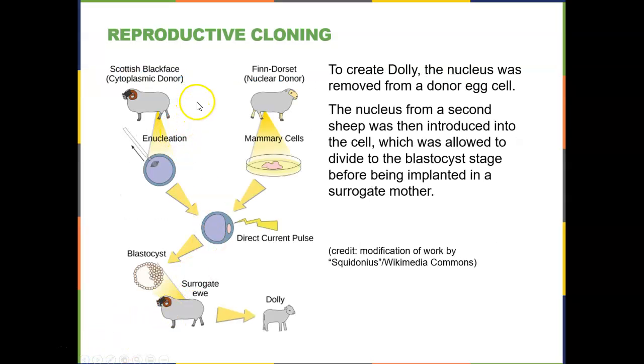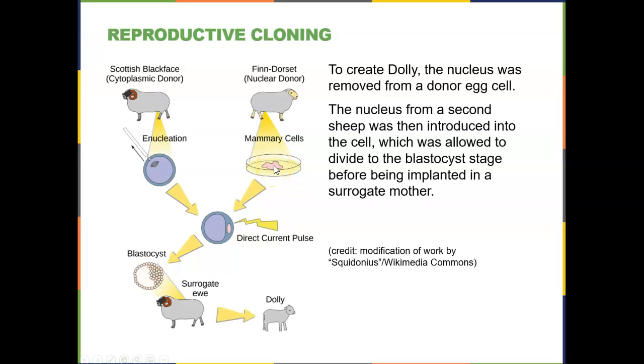So this was first done in sheep back in the 1980s, and we created Dolly, the very first cloned organism, and so a cloned mammal. So here we have a sheep, and we have taken an egg from this sheep, removed its nucleus, so enucleation. Then we took some cells from a different breed of sheep, and we just took cells, not germ cells, regular cells,